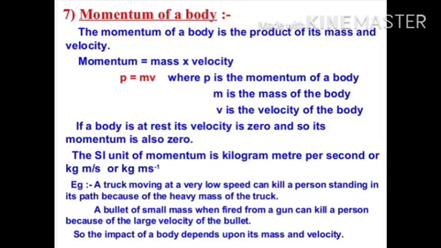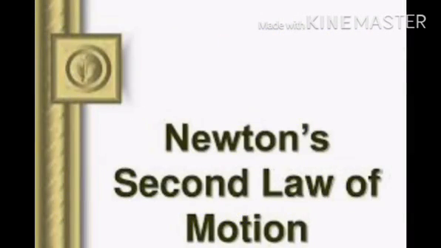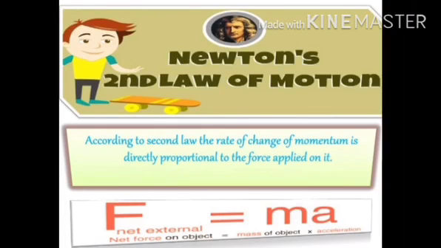From Newton's first law of motion, we have learned that a force is required to change the velocity of a body. When the velocity of the body changes, its linear momentum also changes. Therefore, an external force is required to change the linear momentum of the body also. Now Newton's second law of motion: according to the second law, the rate of change of momentum is directly